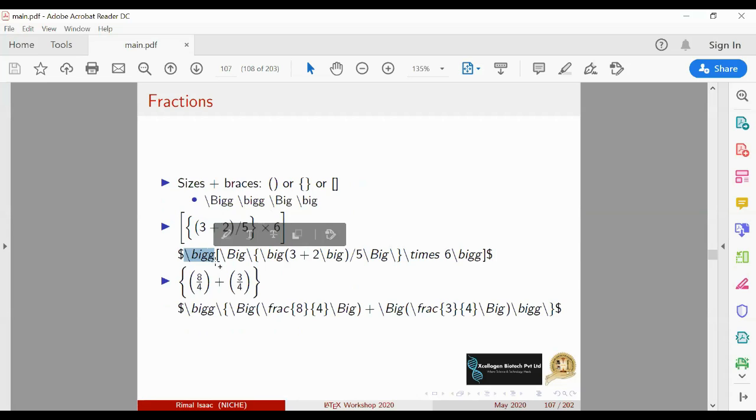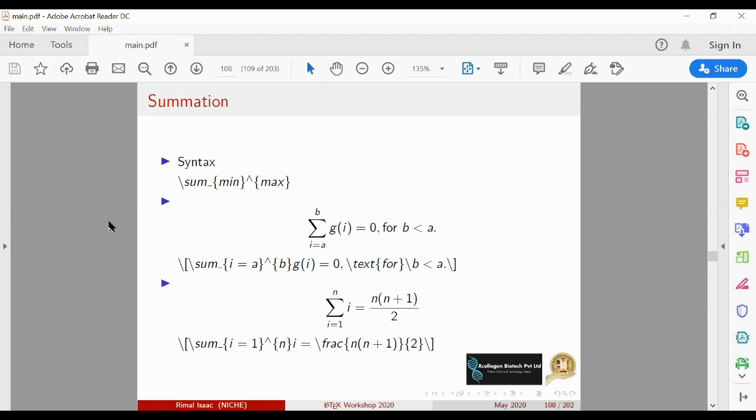it will make this symbol into a big square bracket. And if I put /BIGG with a capital and then a curly bracket, it will put a big curly bracket, but the size will be very small compared to this BIGG. So these commands are used for creating different sized brackets in your document, and you can use them in equations.